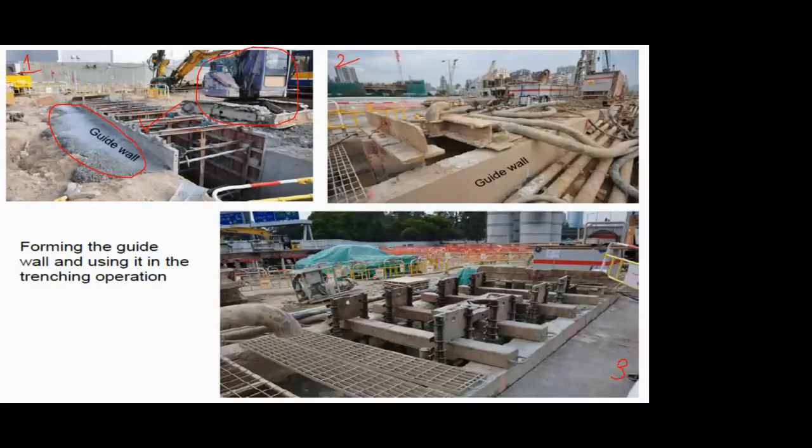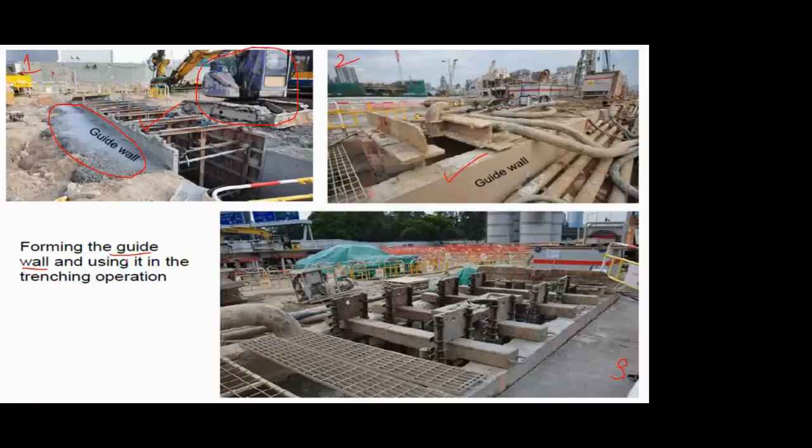Okay. So now this is the guide wall, and once it is constructed, you can proceed with the further things. Over that guide wall, you have all kinds of supports. You have the pipes which are going to be used for concreting and also pumping the bentonite slurry. And in photo number 3 on the bottom right side, there also you see there are some supports placed so that some machinery or pumping can be done. So that's the purpose of your guide wall.